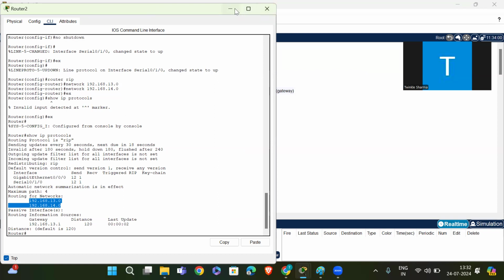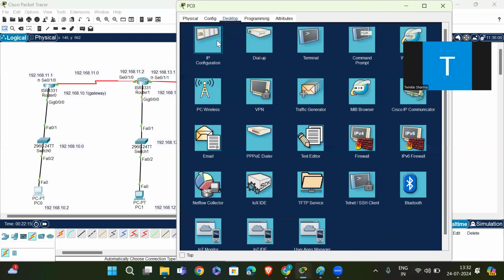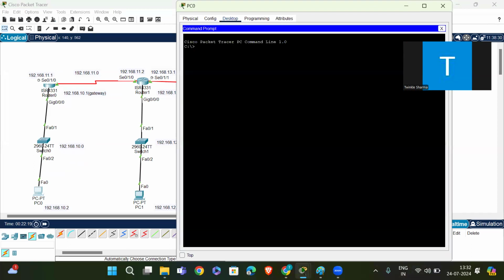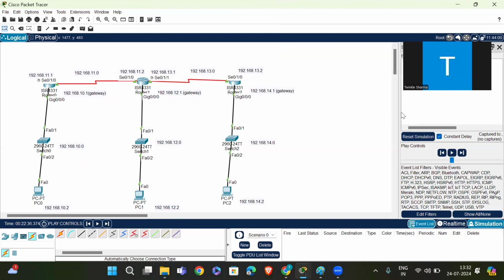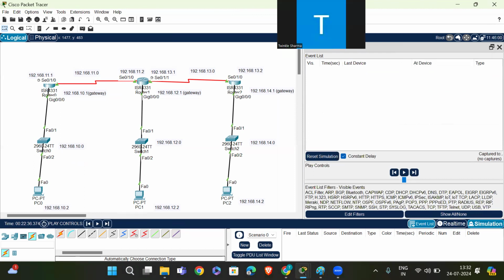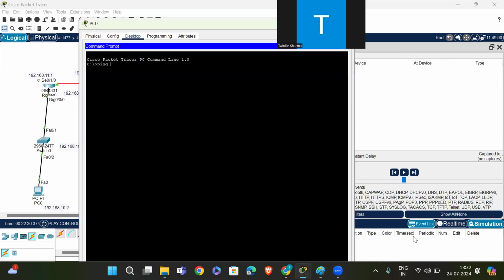Then we will ping from PC1 to PC3: ping 192.168.14.2.